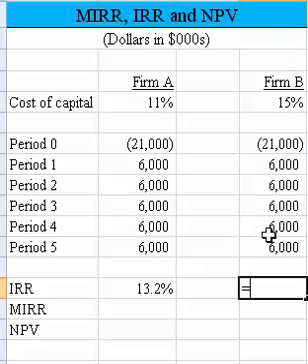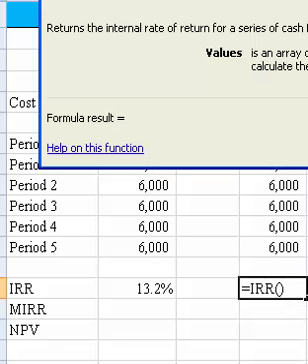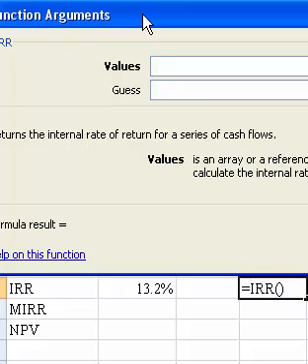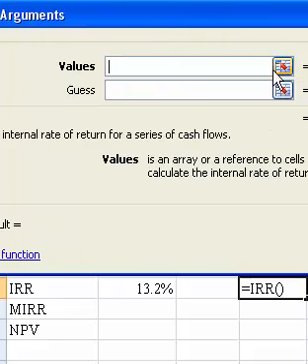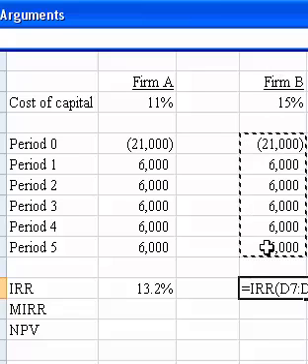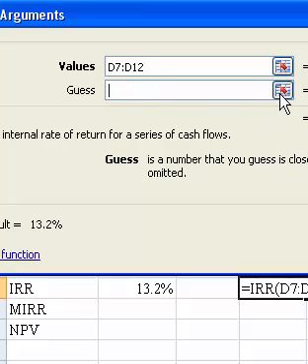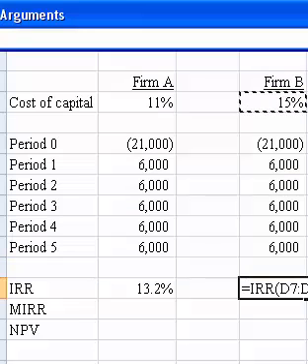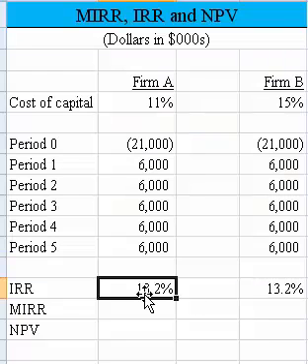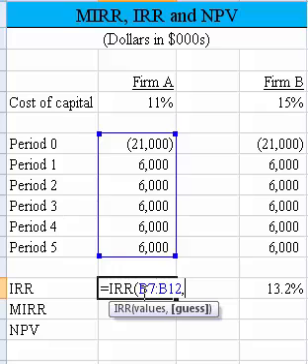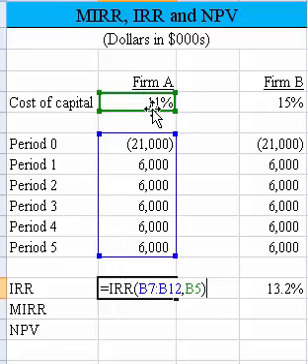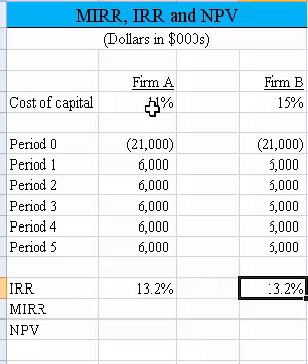So let me type in equal IRR left paren, then I hit the little f of x, insert function, and I will get a little screen like this. And I know you can't see all of that. And then I click where I want the values to go. That's here. I can bring it down, and then I have to give it a guess, and I'll give it a guess as being the cost of capital. Okay, and I hit OK. Also over here I skipped the guess, but technically I should be putting in that guess right there, so I'll add it. So 13.2 and 13.2, and we would expect that because the internal rate of return only uses the